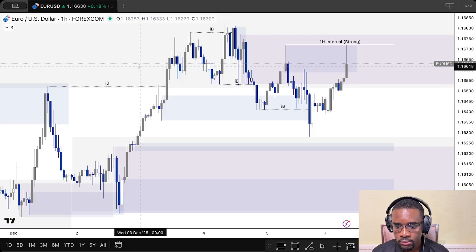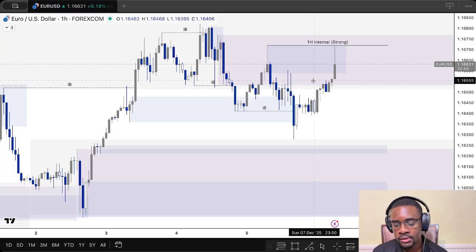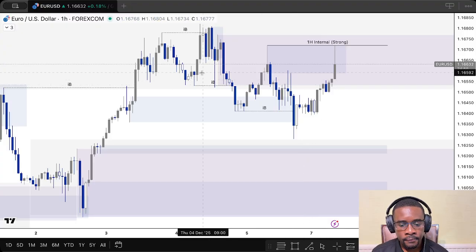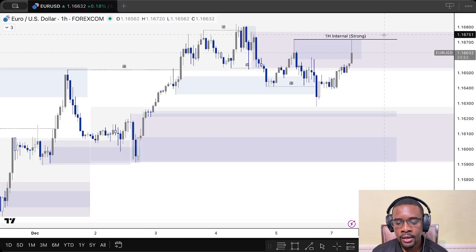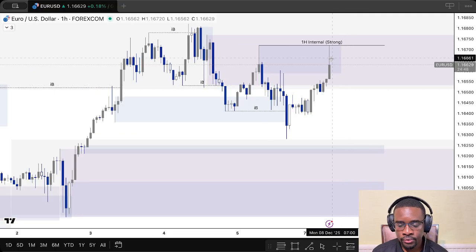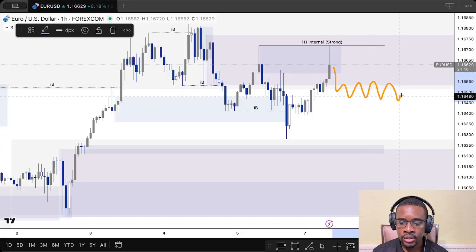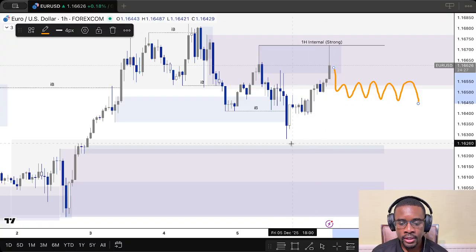So my bias for the day, well and truly, is today is not very clear. Also because it's a Monday, it is highly likely that there will be low volatility. So we may not really expect much of a big move to happen. Price could just drop and then start consolidating or ranging. So there may not be much of a movement today. If it happens, then we are simply waiting for clear structure breaks.